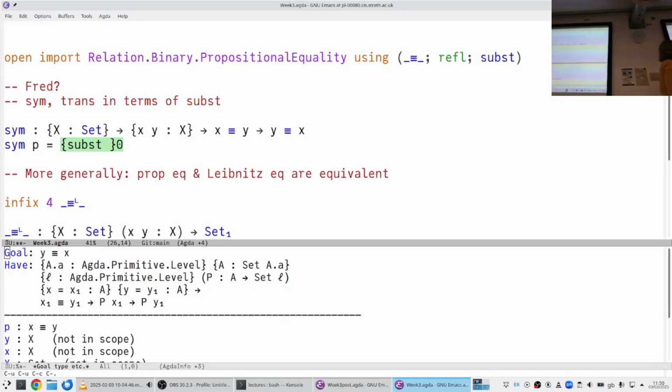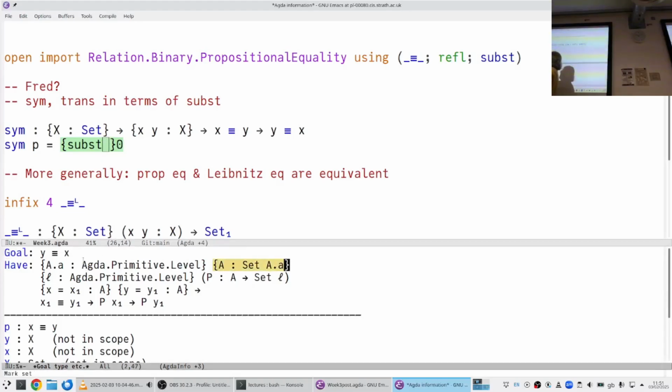So we have a bunch of implicit arguments which says that, okay, we are talking about arbitrary sets A, and they are at arbitrary levels. And we have arbitrary properties P, which are at arbitrary levels. So the level is the size of the set. We're doing our best to ignore this. And then the interesting thing starts really here down on the last line, right?